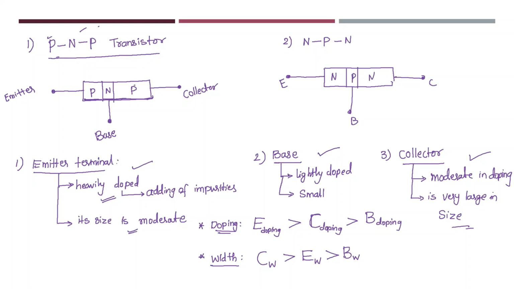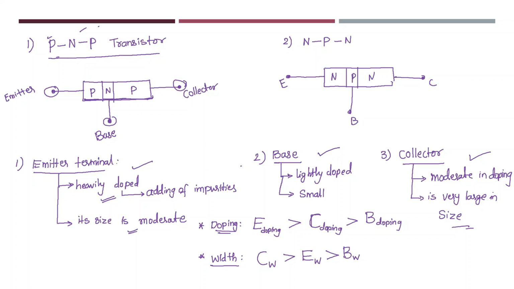I hope you understood this schematic diagram. Transistor consists of 3 terminals. Those are emitter, base and collector. Emitter region is heavily doped. What is the meaning of doping? Adding of impurities to a substance is called as doping. Why will we be adding the impurities? We will add the impurities to a substance in order to increase the conductivity, means it will be producing a large number of electrons so that a large amount of current can flow. So this was the schematic diagram.